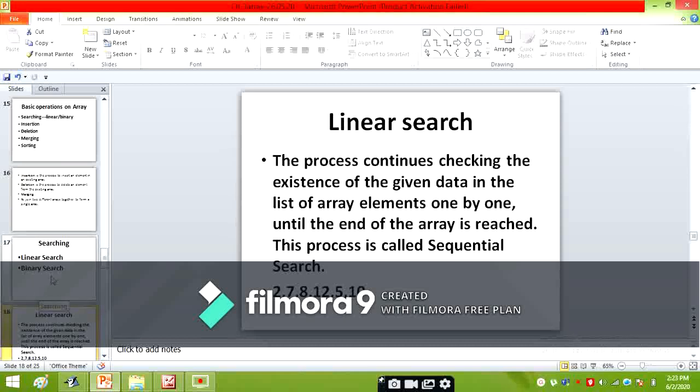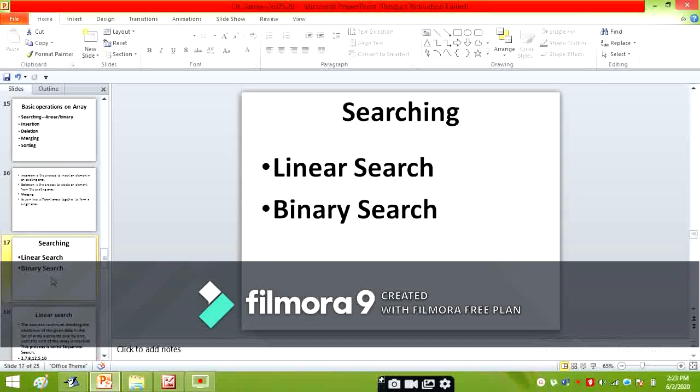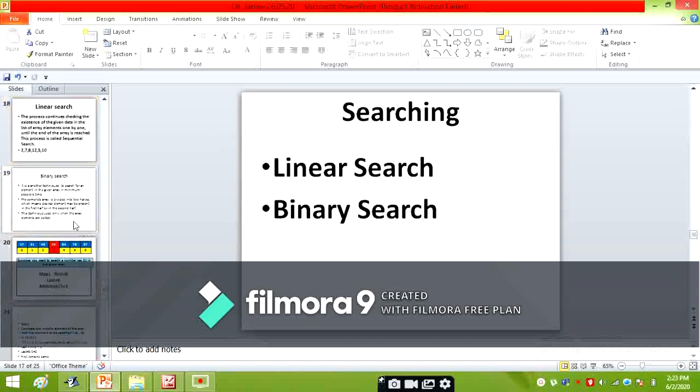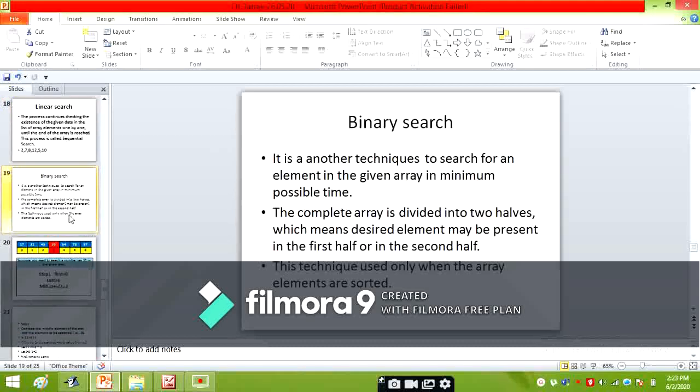Now, next is binary search. Binary search is another technique to search for an element in the given array in the minimum possible time.